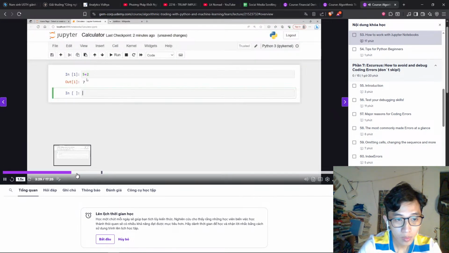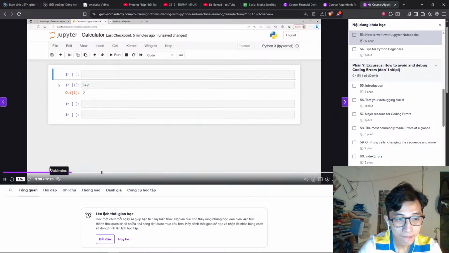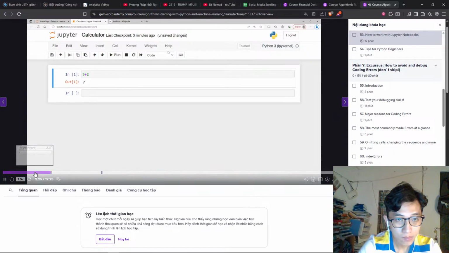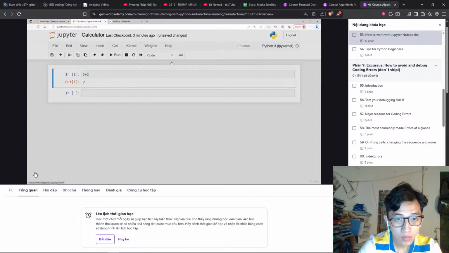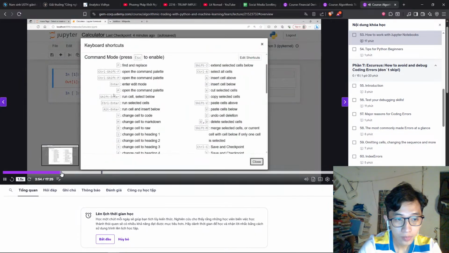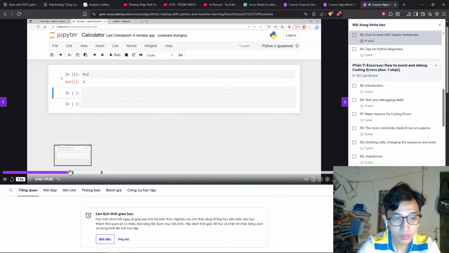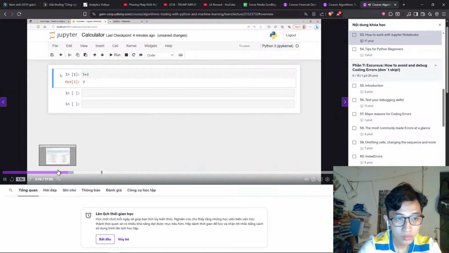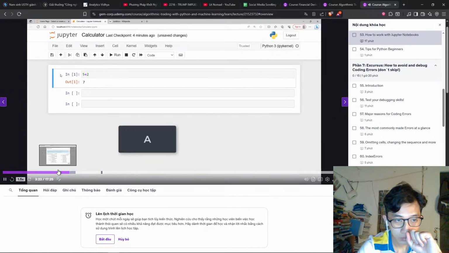Now a cell can have two modes, so let's go back here into this. More information on the command mode and the edit mode here under help and the keyboard shortcuts. And here it says that input mode shortcuts are actually a new cell below. And let's go again here into the first line, and with the keyboard shortcut A,